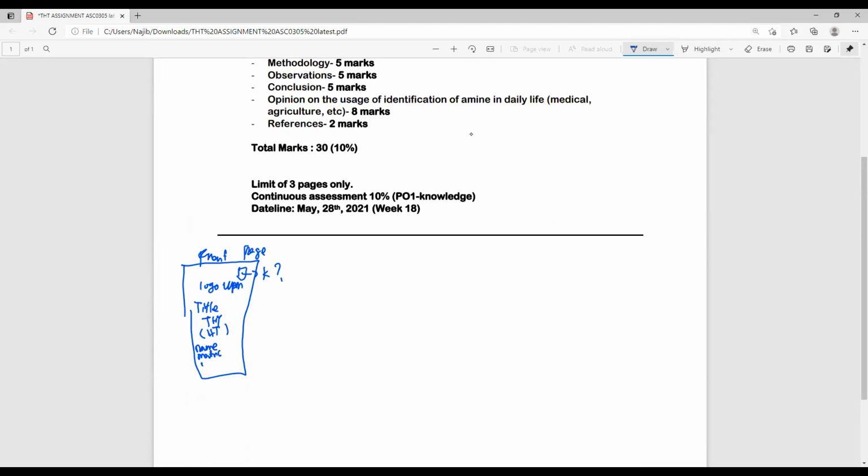Lepas tu kuliah dah dekat atas kan. Tu nama saya. Lepas tu name metric ni lah paling penting. Okay, tu je lah. Lepas tu content